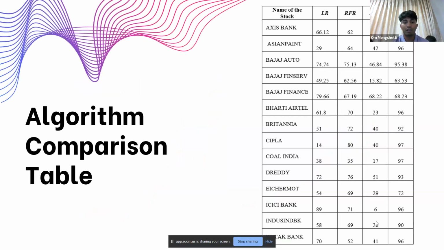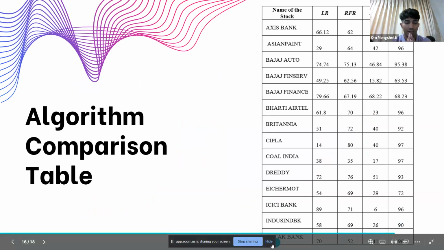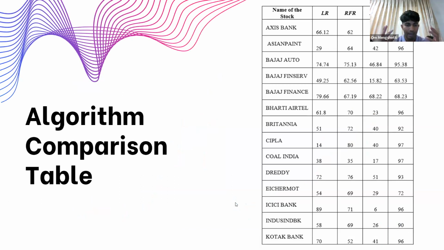Moving on, this is the algorithm comparison table. So we selected 14 best stocks from all the Nifty 50 sectors, and then we found out that we were getting the most accuracy in LSTM, as I mentioned earlier. And in every stock we are getting above 90%, except for 3 stocks, that is Bajaj Finserv, Bajaj Finance, and